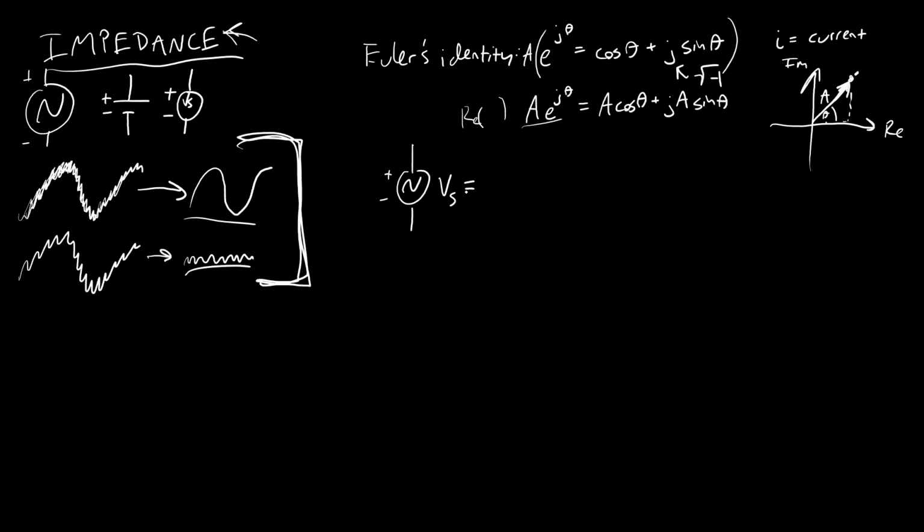We are just going to take it for granted that instead of writing our voltage sources as something times sine or cosine, we're going to write them like this: amplitude times e to the j omega t. Where, again, that just means we have a totally real sine wave with amplitude A and angular frequency omega that we are representing with this notation. There are no imaginary volts involved here